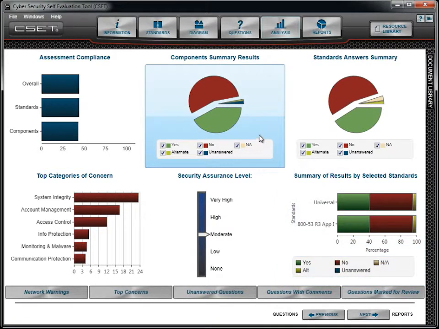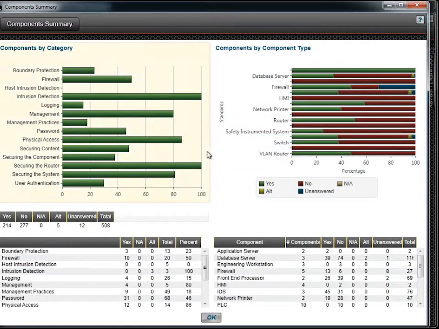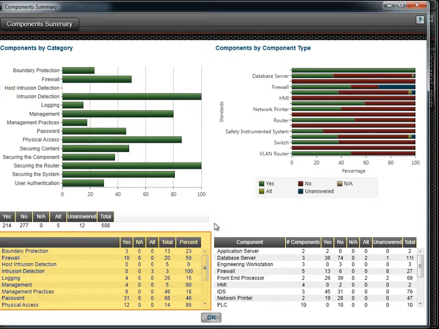We will now open the Component Summary form. In this detailed form, you can see a chart showing how well you did in each of the component categories. This shows the percentage of questions that were answered in the affirmative. A positive answer is either a yes or an alternate. Negative answers are no or unanswered. The not applicable or N/A answer basically throws the question out and is not counted in either a positive or negative way. The tables on the bottom of the form show the numbers of answers under each type, including totals